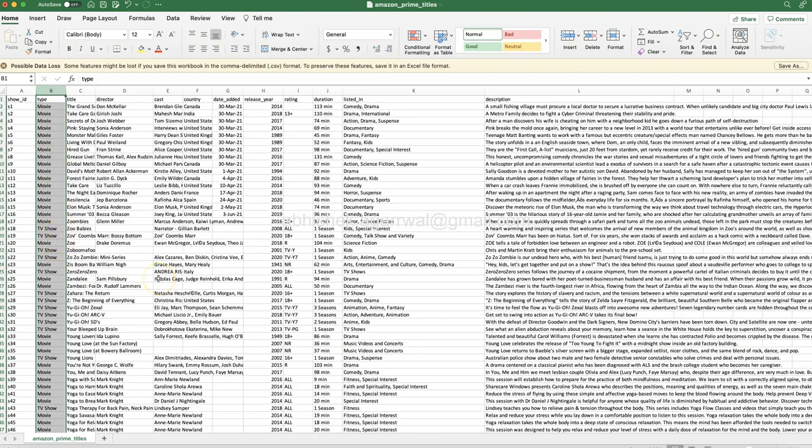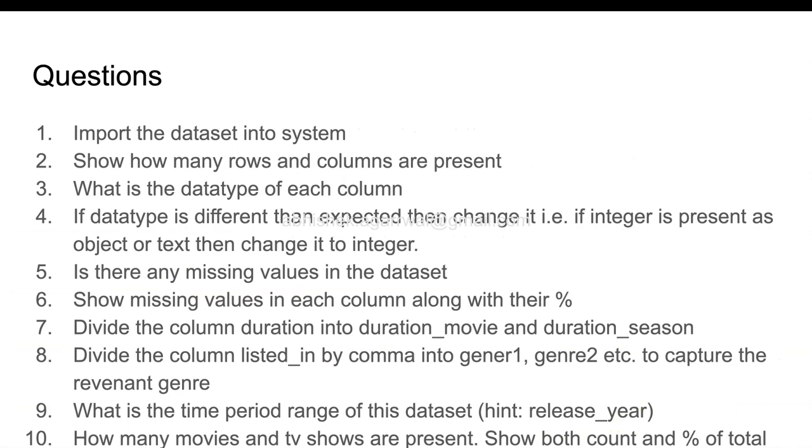Their count and along with their percentage. So this will show the proportion, and this information is useful to basically understand whether on Amazon Prime you are having more TV shows or more movies, right? Another way you can deal with this, let's say first you identify this additional question, you can probably answer,